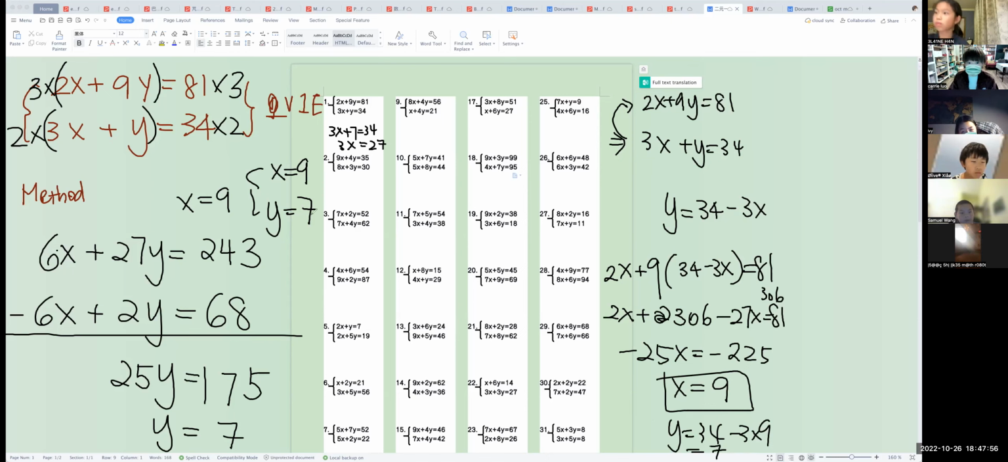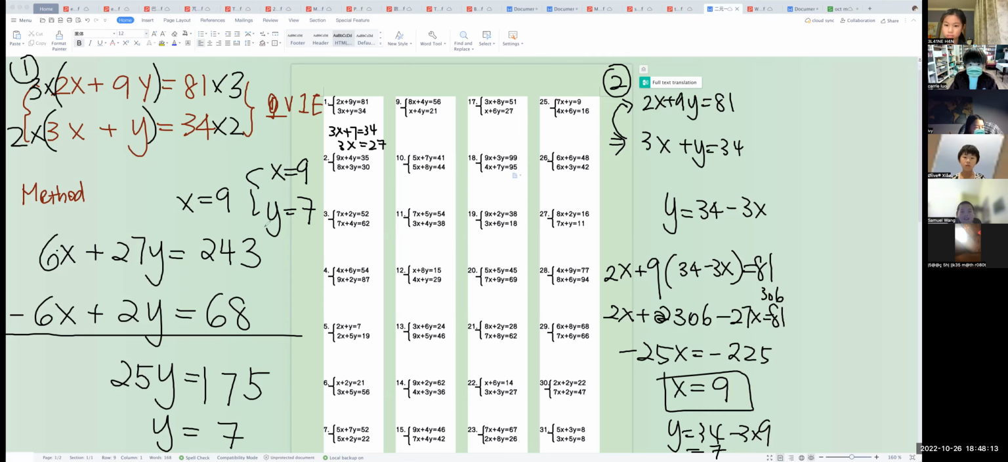It's up to you which one you like to do. Some people say, teacher, I prefer method one, then you use method one. Teacher, I prefer method two, then you use method two. Okay, but there's always something we can do to check if my answer is right or not, because